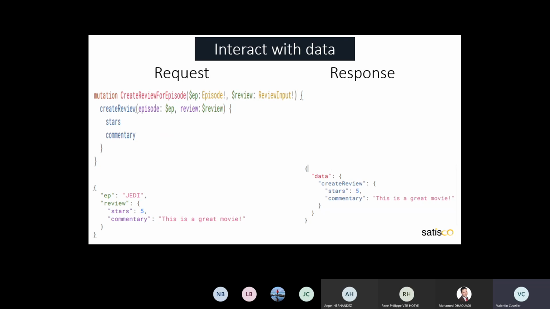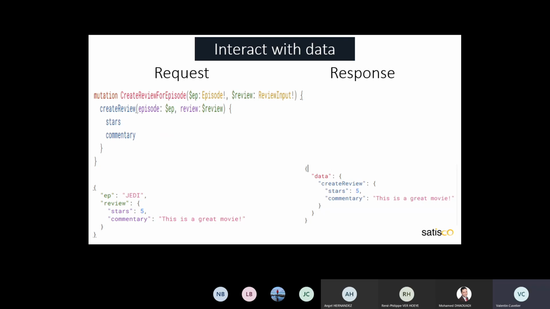So, for example, at this time we just retrieve information using GraphQL, but it is really interesting to interact with the data, so to modify, update, delete, add data.